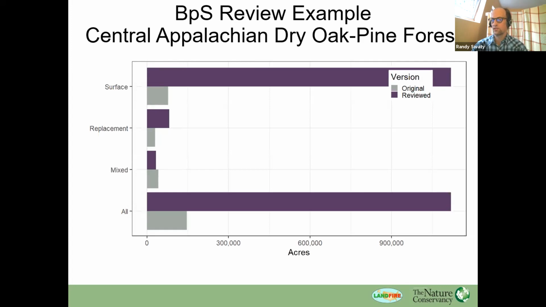This particular biophysical setting, the description and model, I think were almost placeholders from the past. The description was pretty solid, but the model was not super robust. So the reviewers in this case, whose names I sadly forget at the moment, really bumped up the legitimacy of this model, in my opinion.